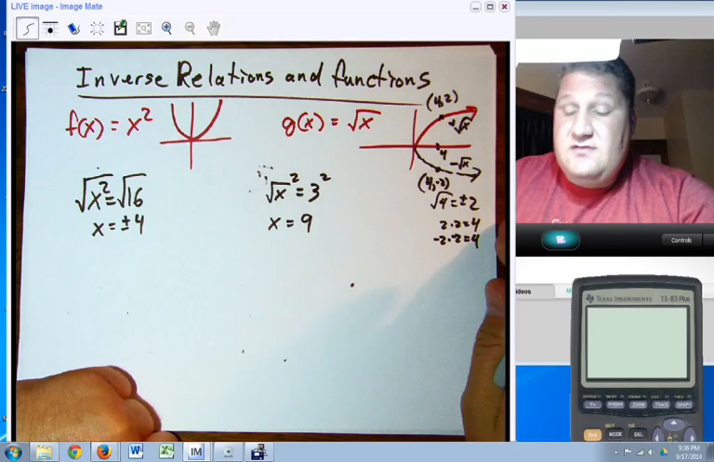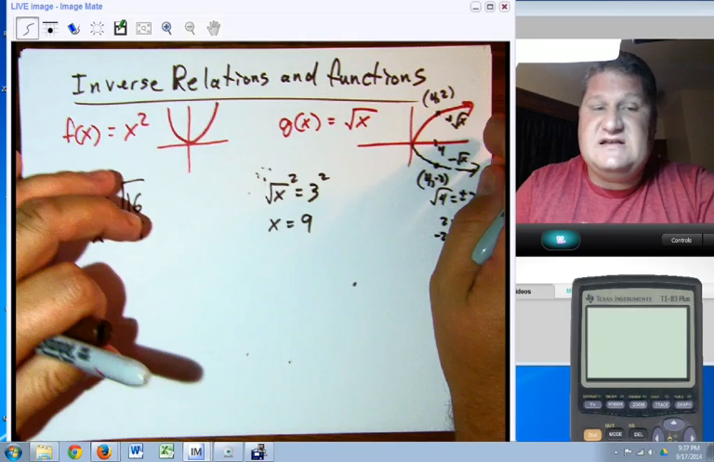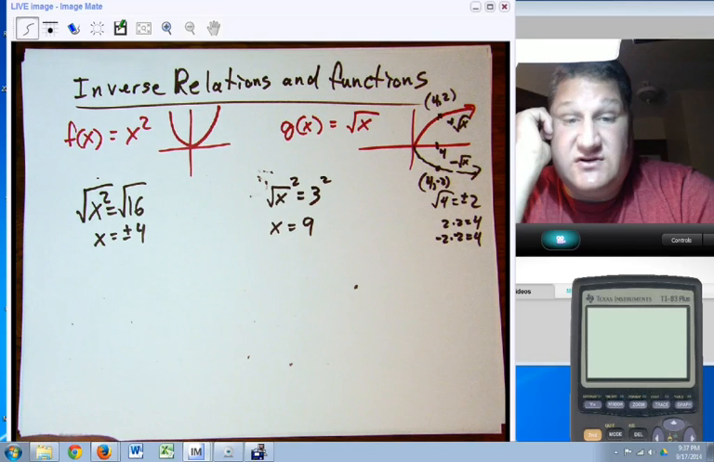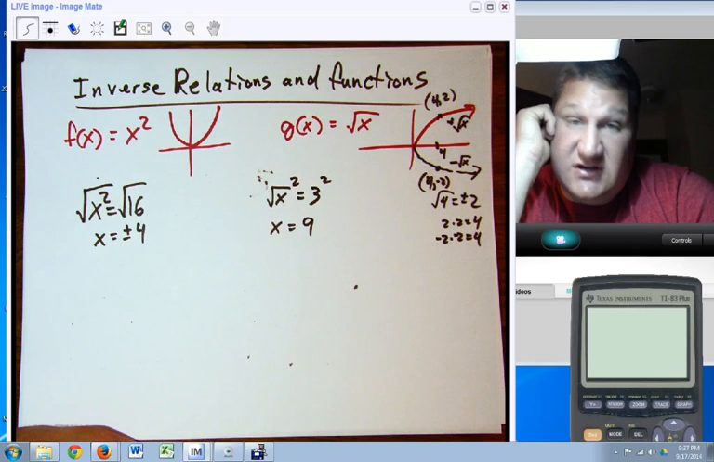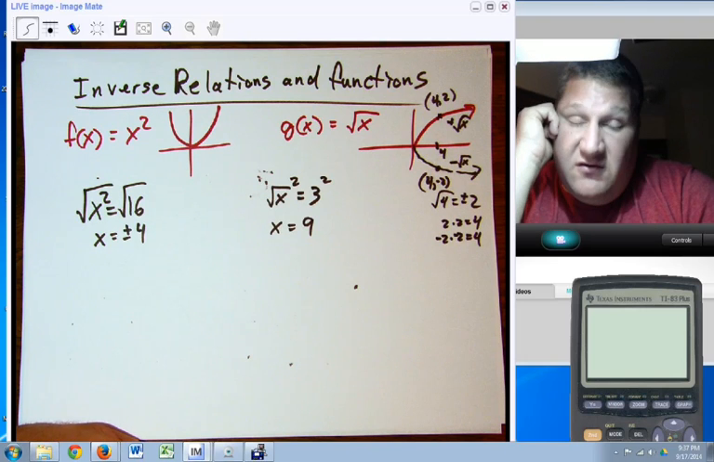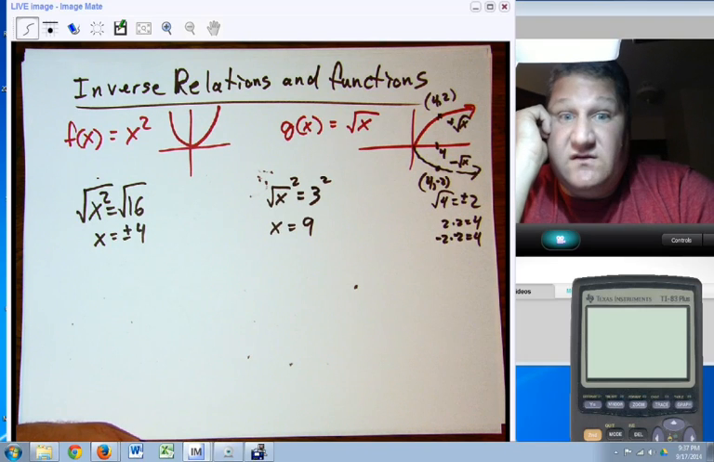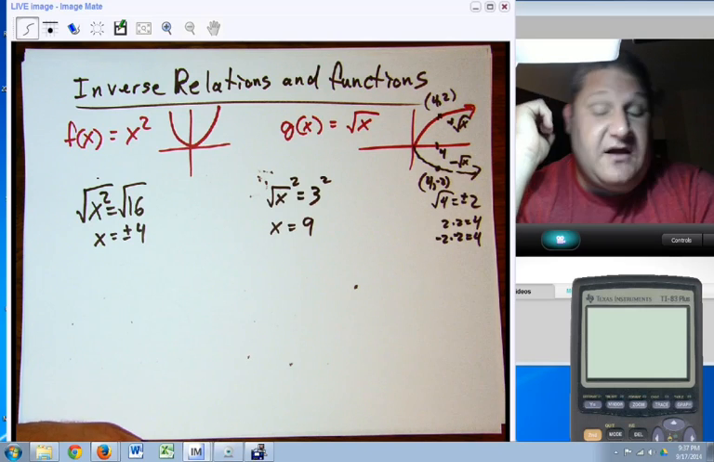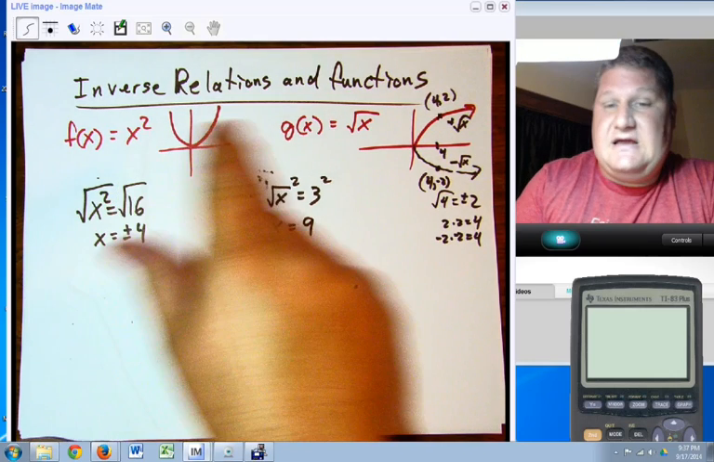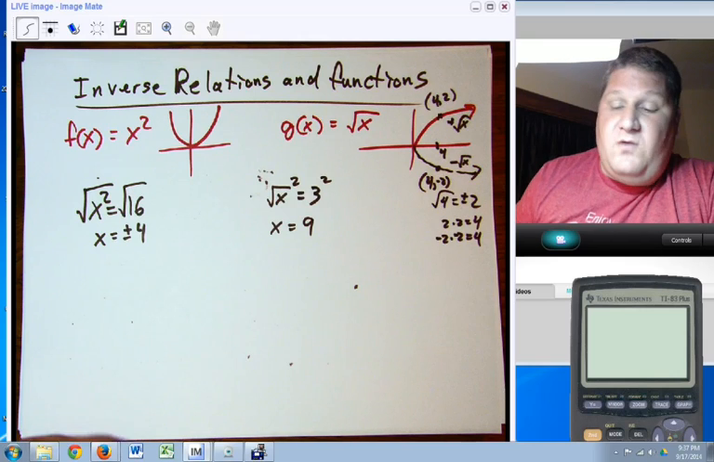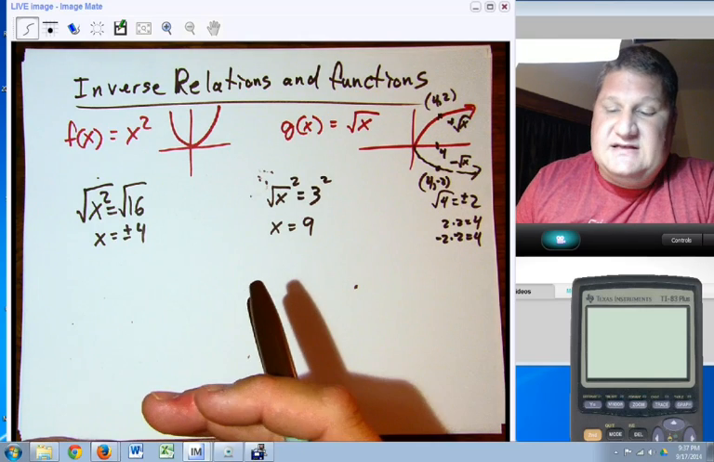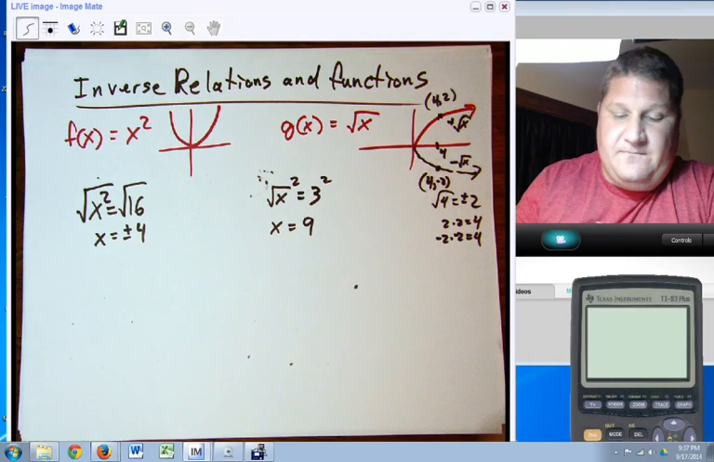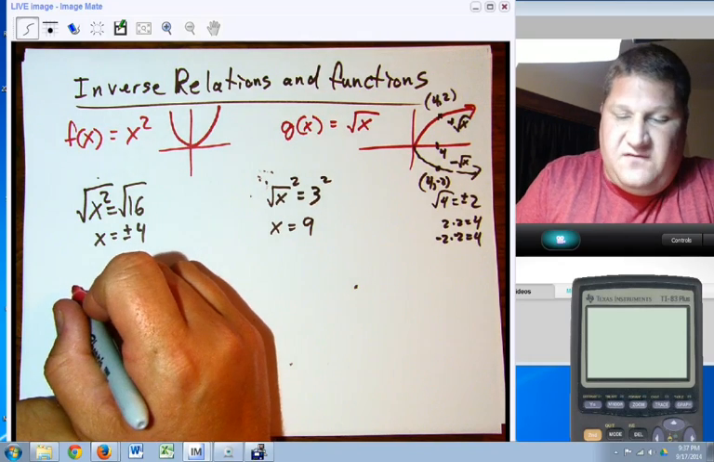So in either case, these operations undo one another, much like addition is the inverse of subtraction and subtraction is the inverse of addition. Division is the inverse of multiplication, multiplication is the inverse of division, and so on and so forth. Okay, so we get that they undo one another. Well, what we need to talk about now is how I can undo something a bit more complicated than these two. If I have something as follows,